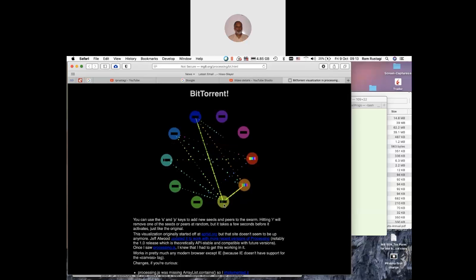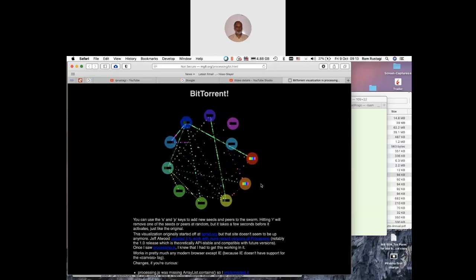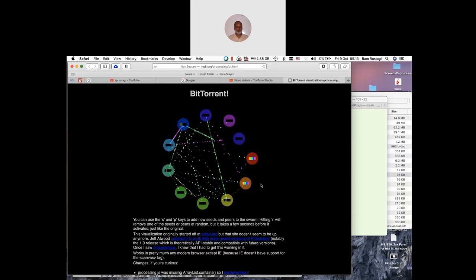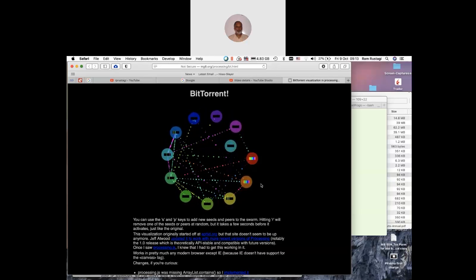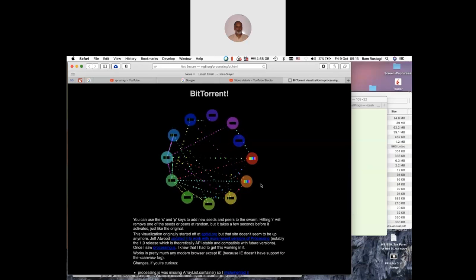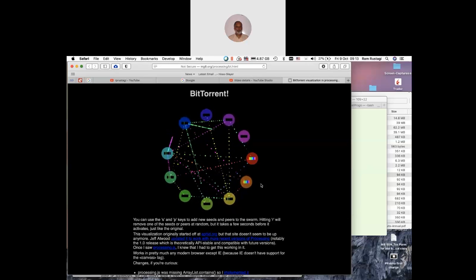So this peer starts transmitting. Now see, this peer, because it got a chunk, starts transmitting. Now this will start transmitting. If you want to add more peers, press the key P. You'll get another peer coming up. This peer would join. Press another P, one more peer would come up. If you want to add a server, there's S. If you want to remove, press R, one of the peers would go away.